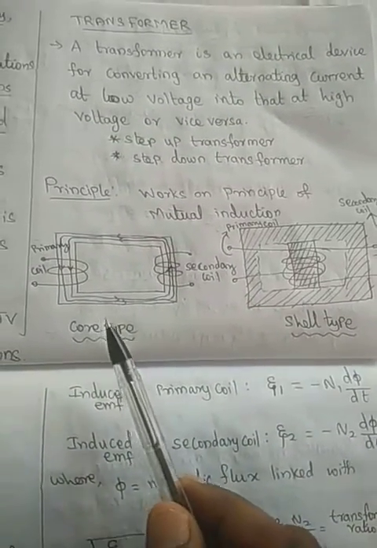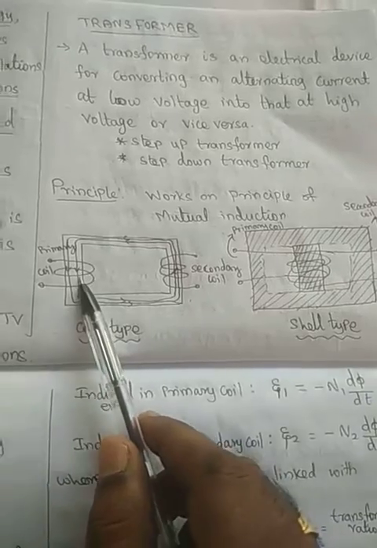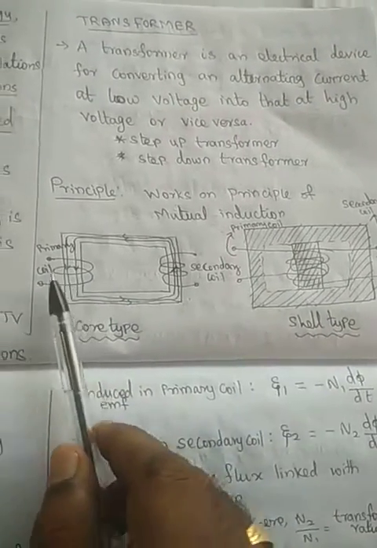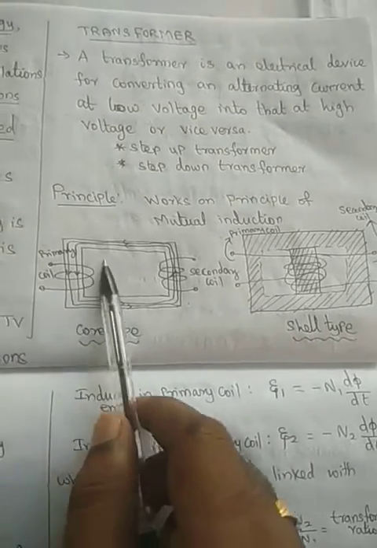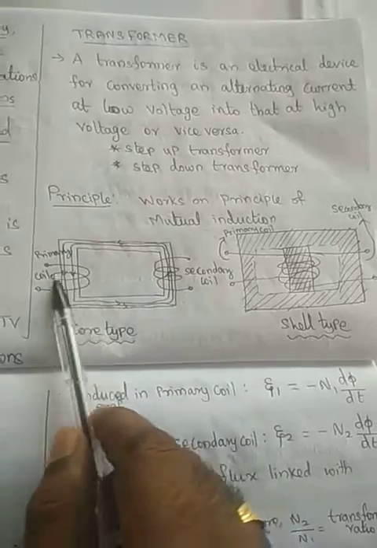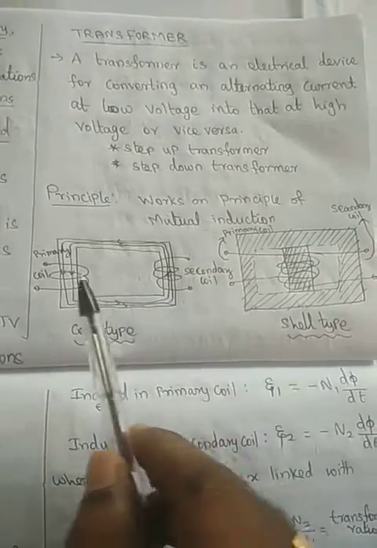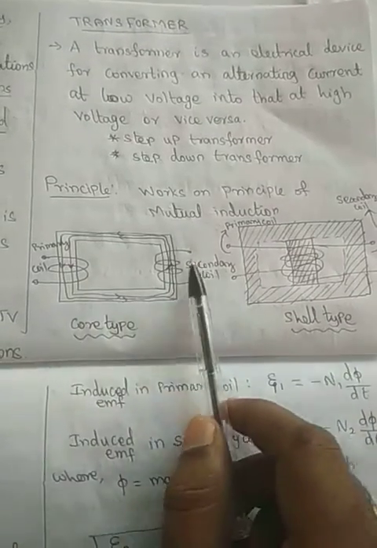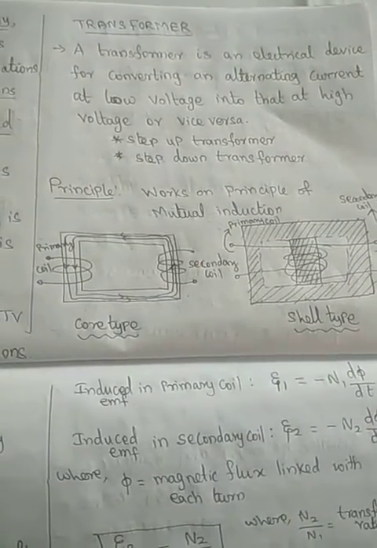The current flowing in the primary coil will induce a current in the secondary coil. So whenever the current flows in the primary coil, there are two coils in the transformer. Like in mutual inductance, there are two self-inductance coils. Here is one self-inductance coil, and there is another self-inductance coil. Combined together, we can say that this is a mutual inductance.